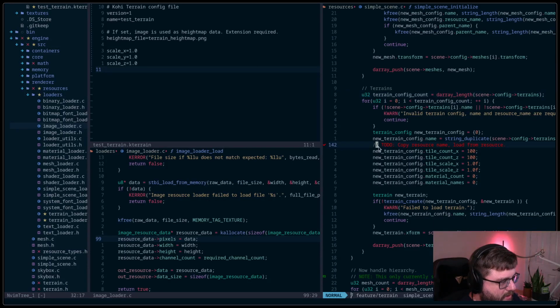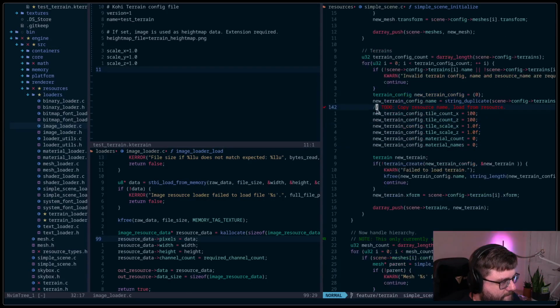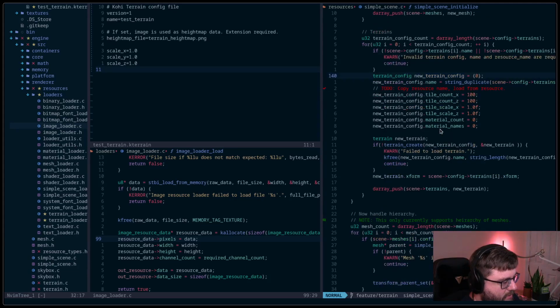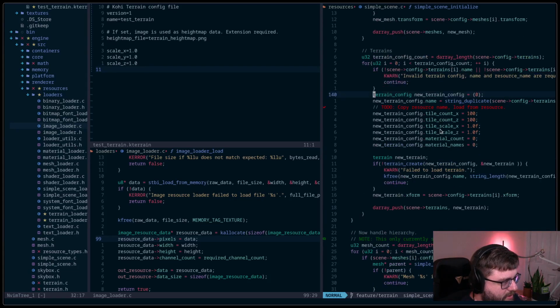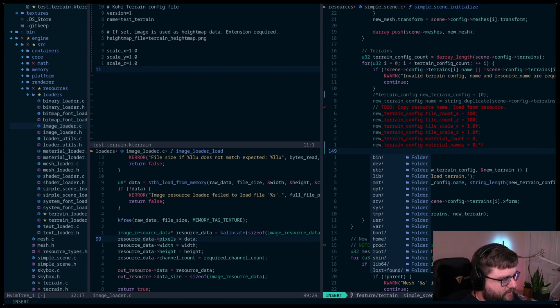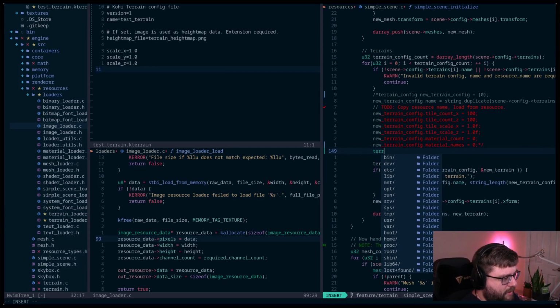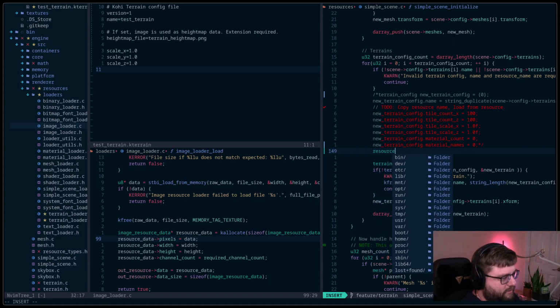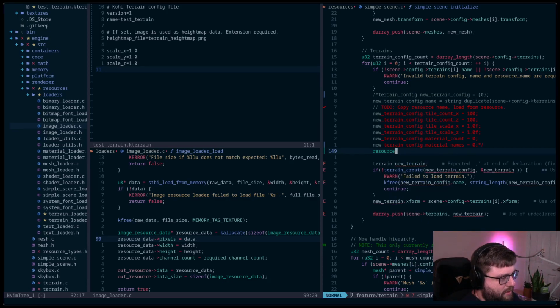Okay, so here we are basically hard coding a resource, which we don't want to do, obviously. So I'm going to comment this whole thing and instead say terrain. Actually, we need resource terrain resource